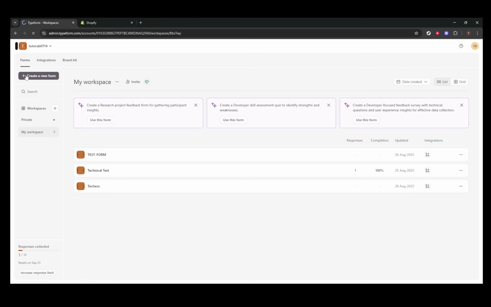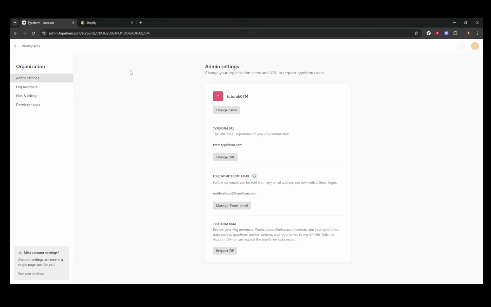Now you're in the Admin Settings area. Here, you'll come across a variety of settings, but our aim is under the section termed Data Portability. This is specifically where all features related to exporting your data reside. You'll see an option that says Request Zip. When you click on this, you're essentially asking Typeform to compile your form data into a package that you can